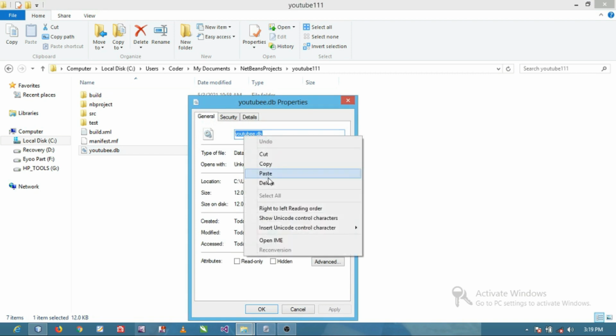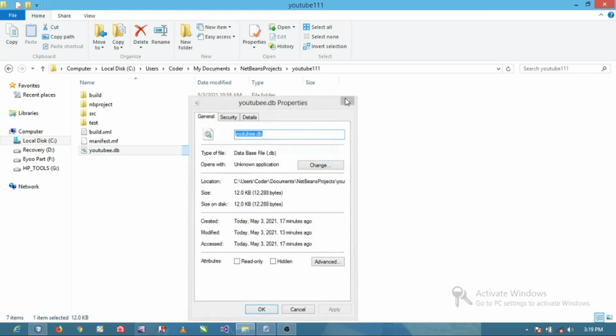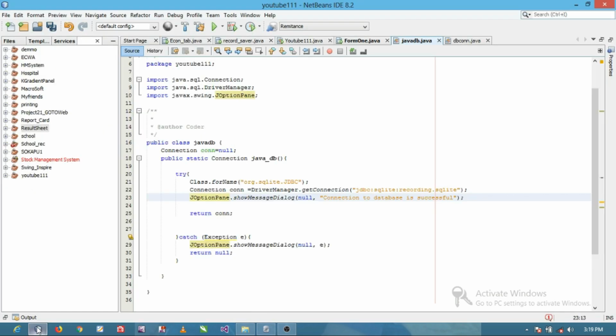This is the name of your database, and then come back here and paste it here. So jdbc:sqlite, then the database path, then you show this message if the database is connected successfully, and then here catch exception,